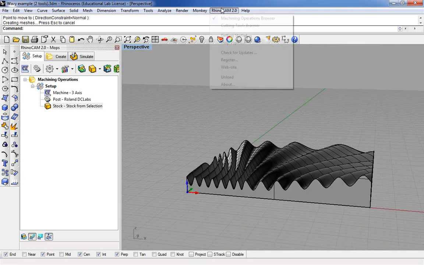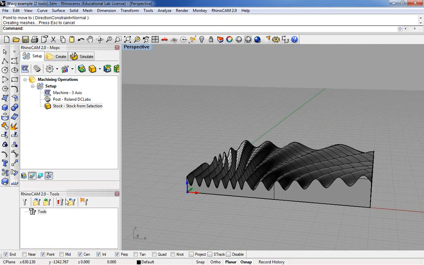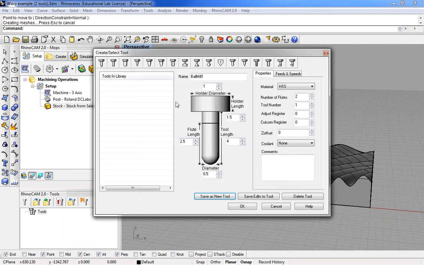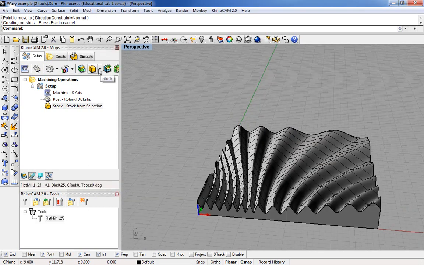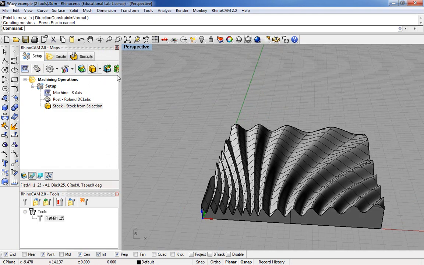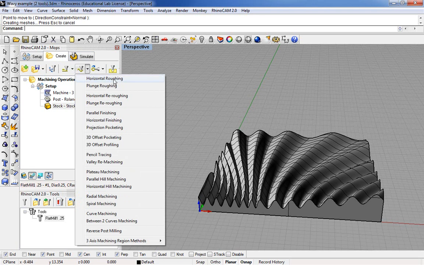Now I need to create some tools, and the first tool that I want to create is going to be a flat tool. It's going to be a 1/4 inch. And what I want to do at this point is rough out the majority of the material. So if I go into Create and then Horizontal Roughing,